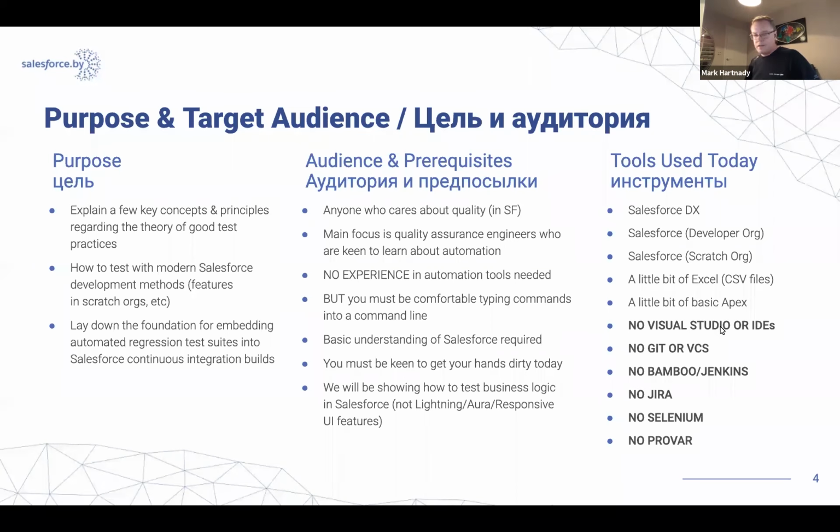I have specifically designed this presentation to not get into Visual Studio. I know Salesforce DX works very well as an extension to Visual Studio, but what it does is it actually hides what's really going on with Salesforce DX. And I want you guys, especially if you're getting exposed to DX for the first time, to understand at a